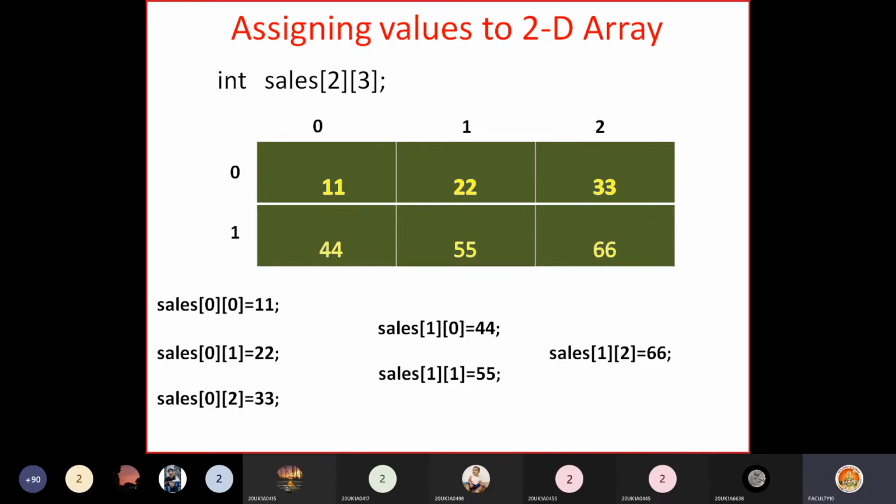Okay, now when you assign values using the assignment operator, then your two-dimensional array looks in this form. The elements will be stored in the memory in this form. Okay, so you have to use the notation 0th row, first row, 0th column, first column, and second column. Whenever you draw in the notebook, this is how you should draw your two-dimensional array memory diagram and use this notation 0 1, 0 1 2. That's it. Okay, so no need to write every time sales of 0 0, 0 1, 1 2 like this. Okay, so you should remember that.